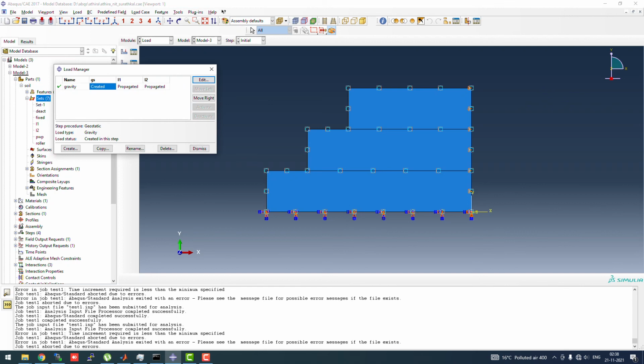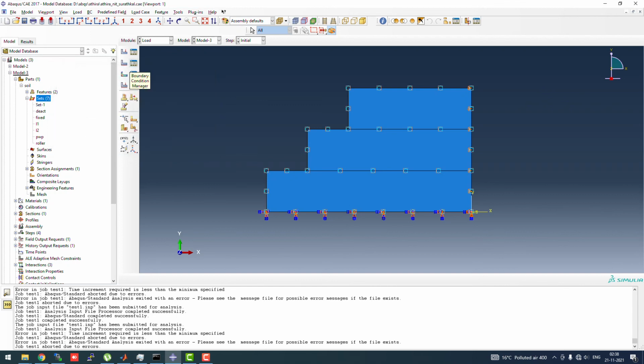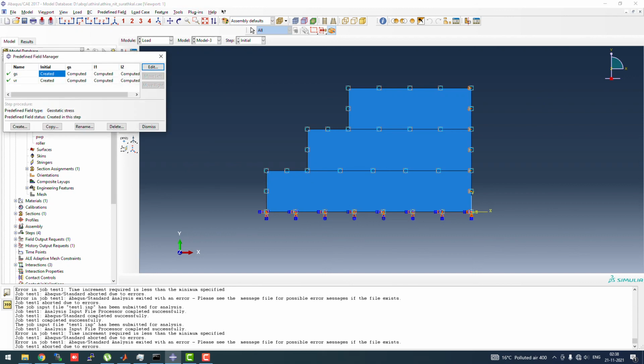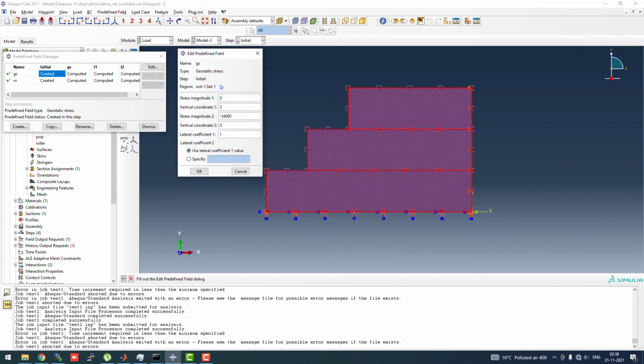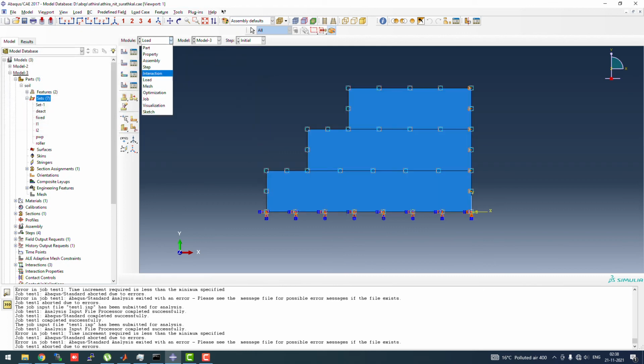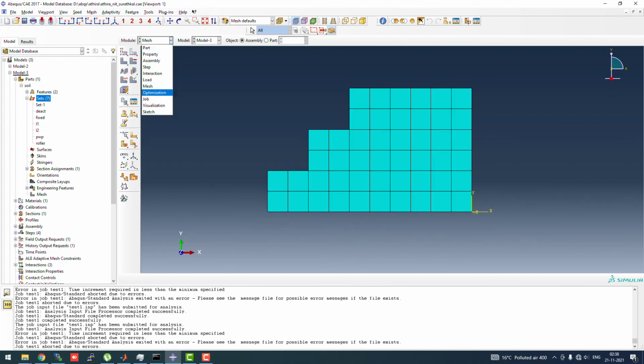I have moved the gravity loading to the geostatic step. So in the geostatic step itself, the gravity will apply, and the geostatic stress, as we have done earlier, should be 5400 only, not 54000, because that would mean our height is 30 meters. We don't want to apply that much overburden to only a 3 meter high embankment. So I guess that will do the job, because that's what I have seen. Everything else we have done fine.